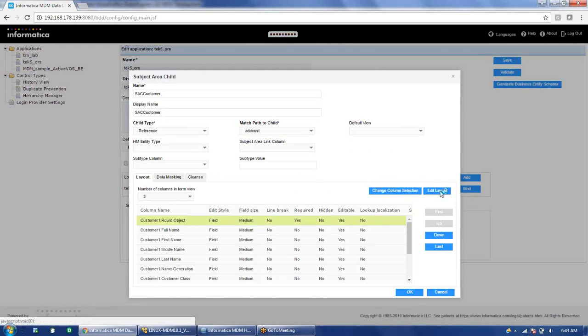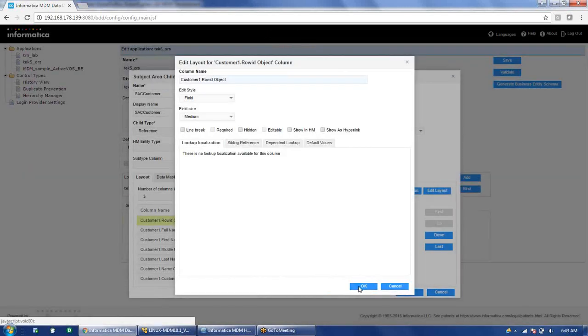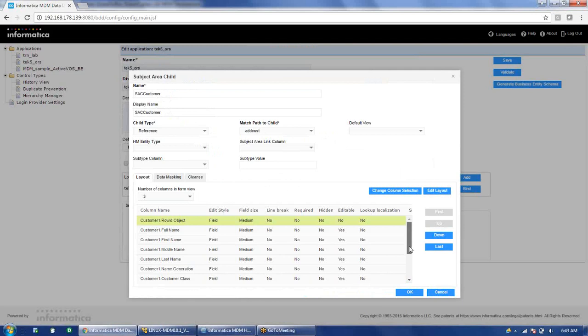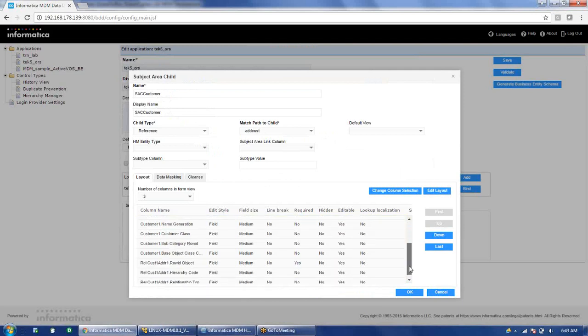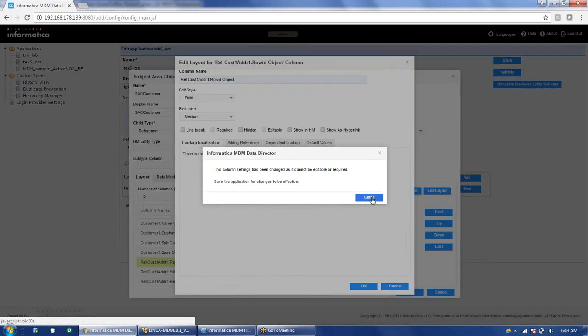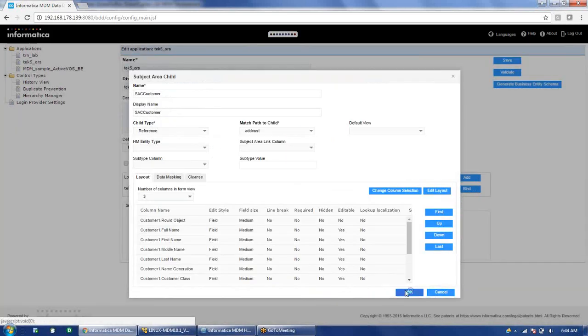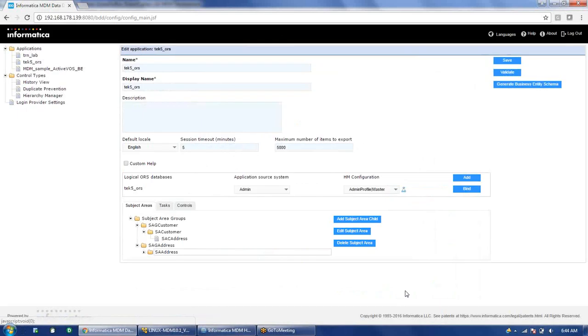So again we have to click on edit layout and make them as no. Okay, so now both are created.